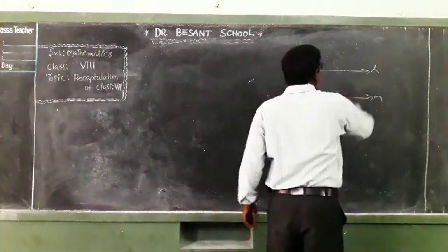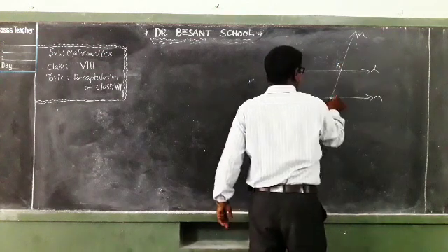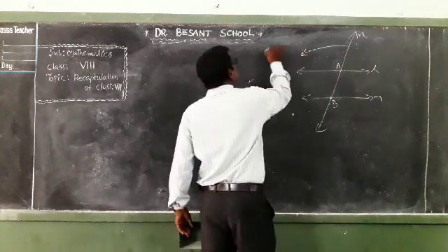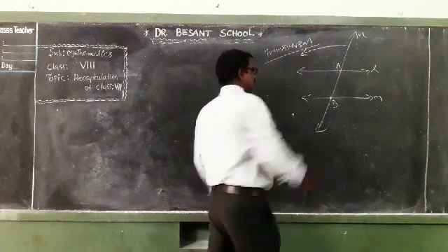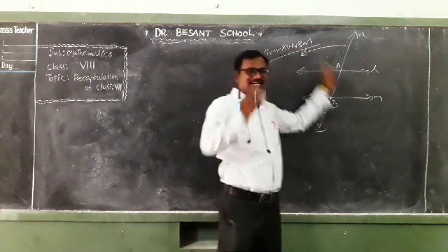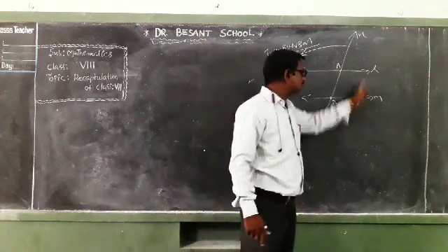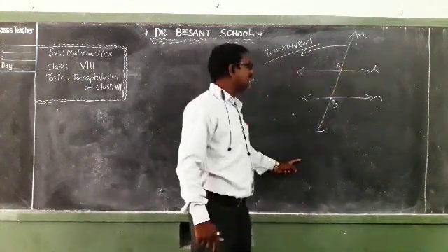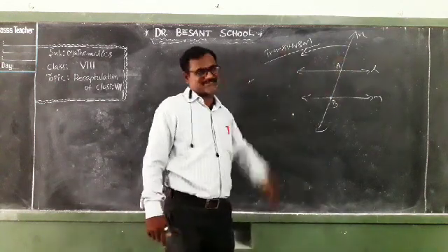And these two parallel lines are cut by some other line N at two different points A and B. So this line is called a transversal. That line is called what? Transversal. To define a transversal, these two lines may or may not be parallel. If two parallel lines are cut by some other line at two different points, then this line is said to be a transversal for the given two parallel lines.